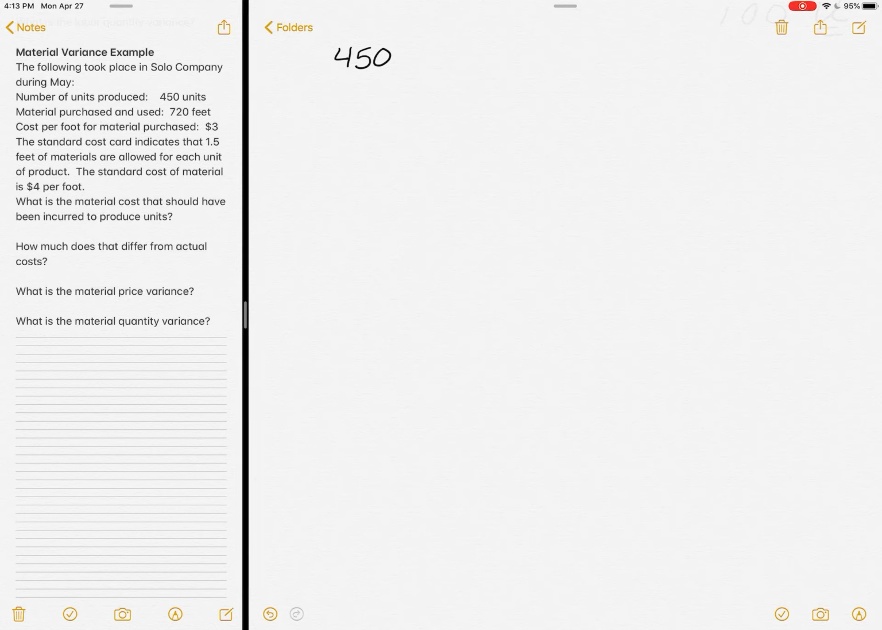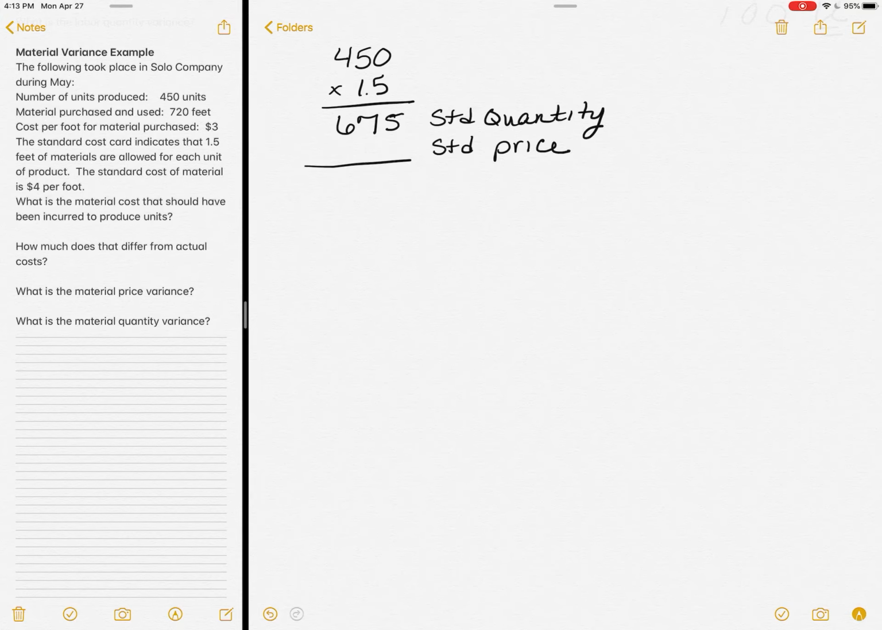So I look for that standard cost information, and it tells me that I should be using 1.5 feet of material per product. So I can multiply that out, and it'll tell me that my standard quantity should be 675. I'm going to multiply that by my standard price to figure out how much I should have paid. My standard price here is $4. So I should have paid $2,700